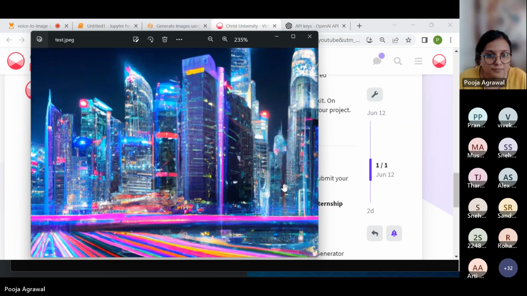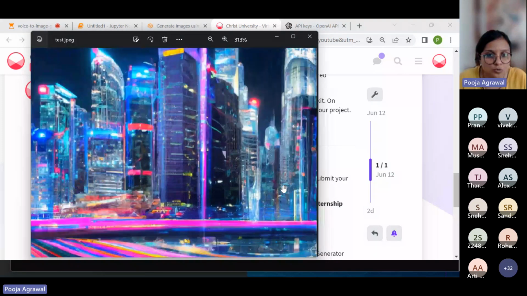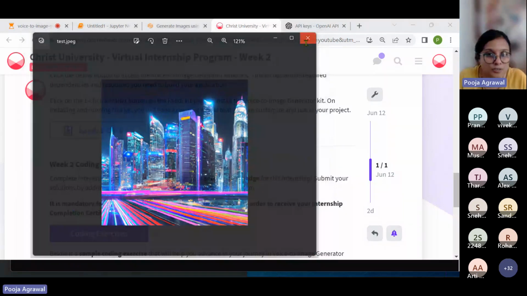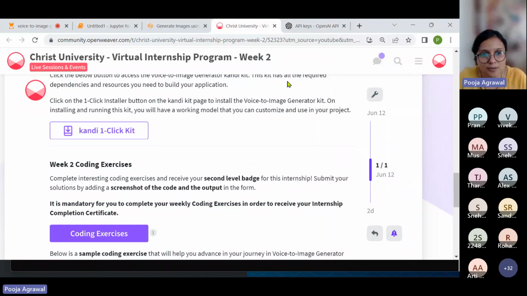So as I zoom in, it does blur a bit. So I do have to mention high resolution, all right? Because if we mention high resolution, then somehow I feel the image quickly doesn't get distorted.